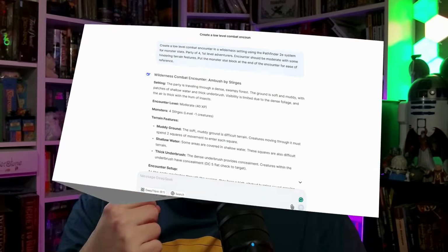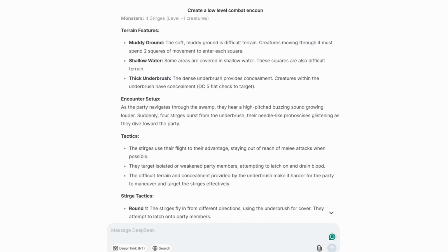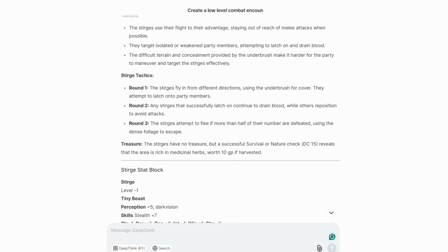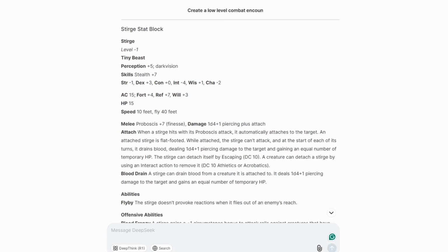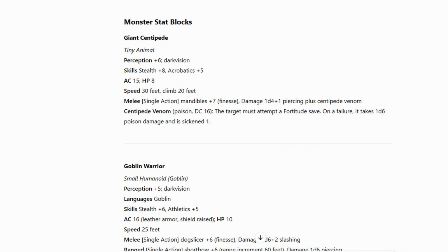DeepSeek had a group of 6 sturges in a forested swamp. Now, this is the Bloodseeker, but the stat block created is not even close to the one on Archives of Nethys. So will it work? Yes. Would I send 6 of them plus hazardous terrain against a group of 4 NPCs? Not a chance. ChatGPT did use monster stats of a giant centipede and goblin warriors in a wilderness setting with foliage and boulders as terrain. And I think this encounter would work.